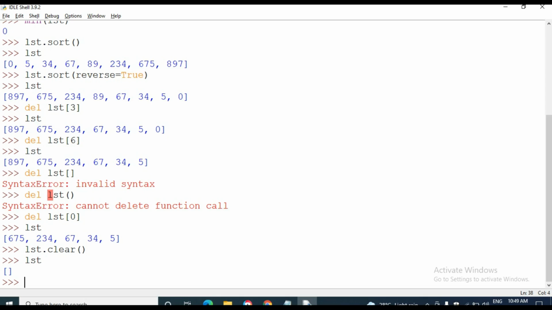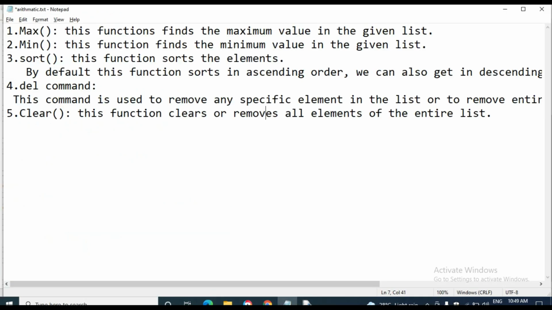Then to this lst I am going to add one element by using the append function that we have seen in our last video. By applying that we can add a new element inside the empty list.